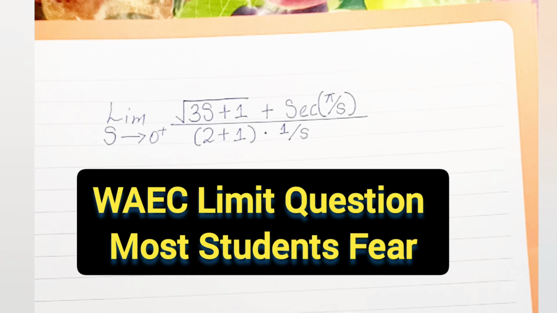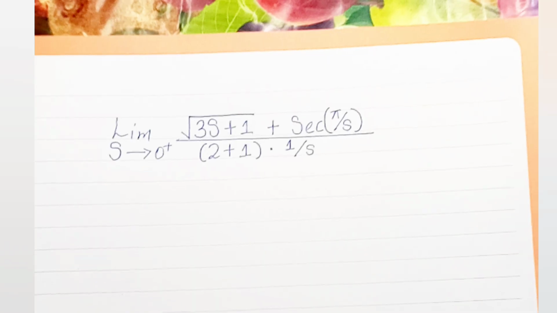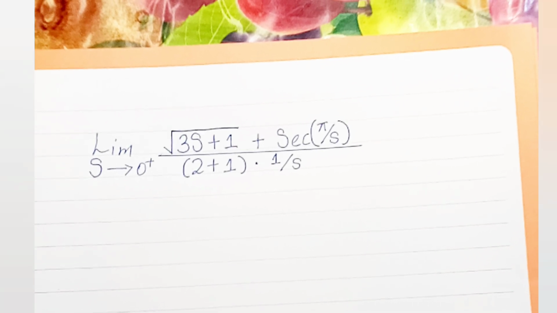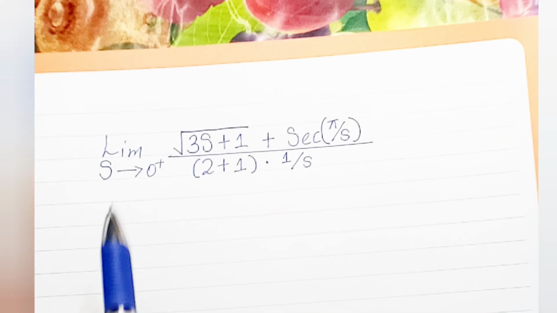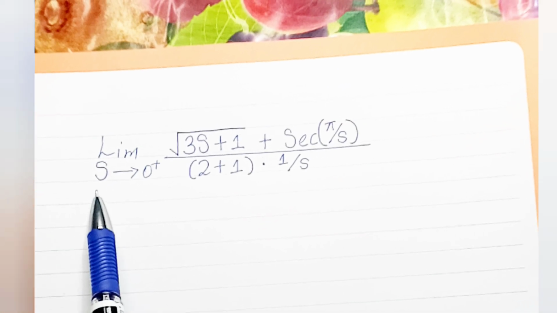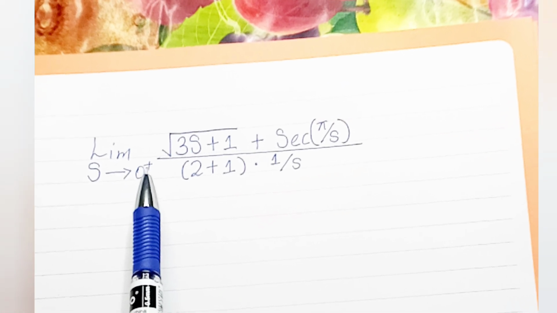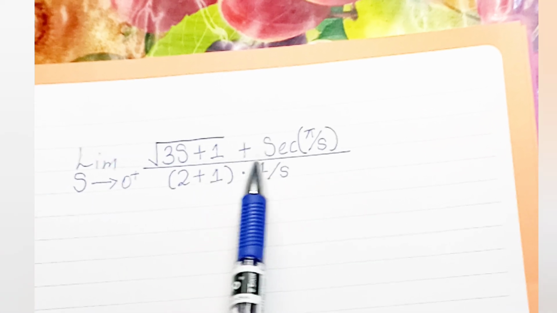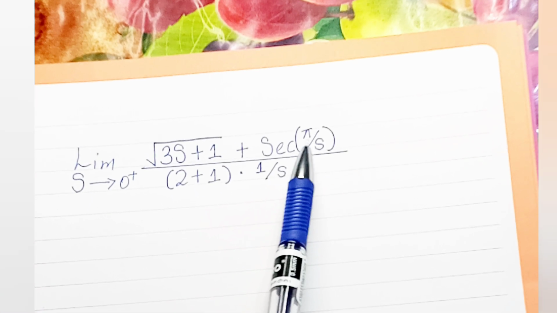Can this limit exist when a second function is involved? Most students get this wrong in WAEC. Let's solve it carefully. Limit as s tends to 0 from the positive side, square root of 3s plus 1 plus secant of pi over